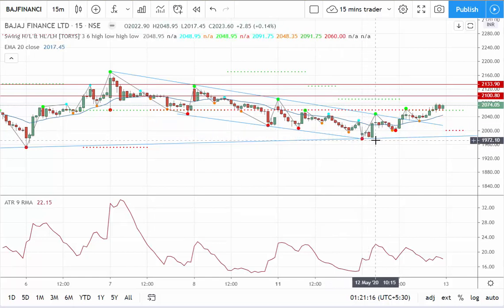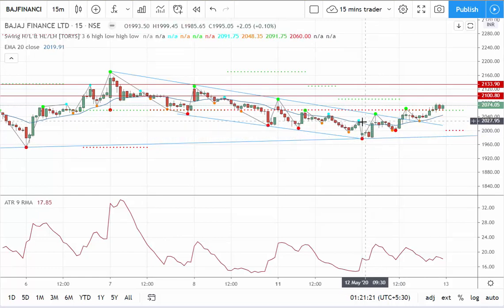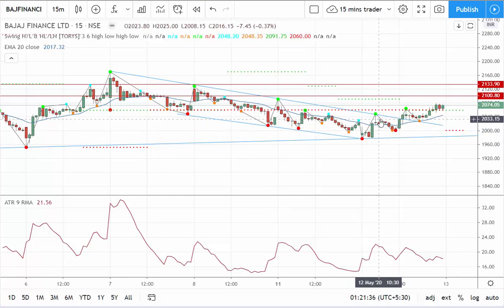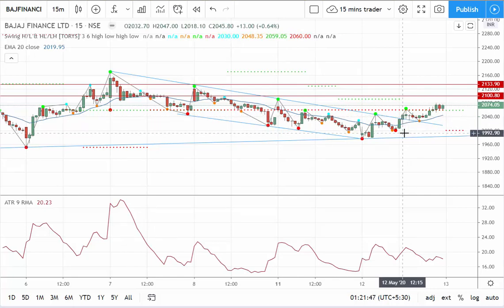After a few minutes, like after 10-15, you can see yesterday's swing high of 2025 has been taken out, but it tests this trend line. So it consolidates after testing the trend line. So there's a fresh entry over here, but still this trend line is not broken out. So when this trend line also breaks out, you have an entry point, like 2045 the entry. So you have a stop loss 1992, 1995, and targets will be